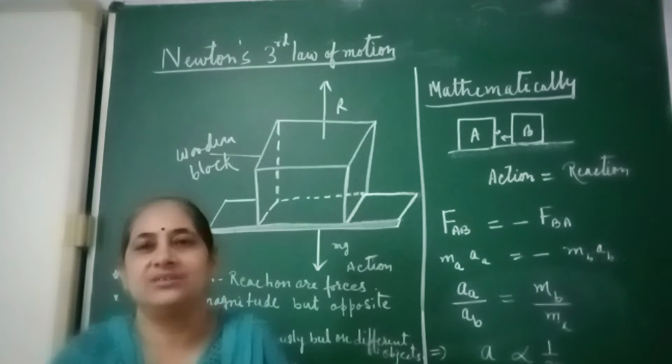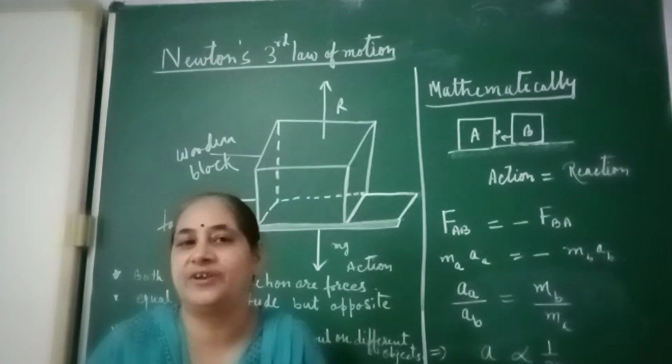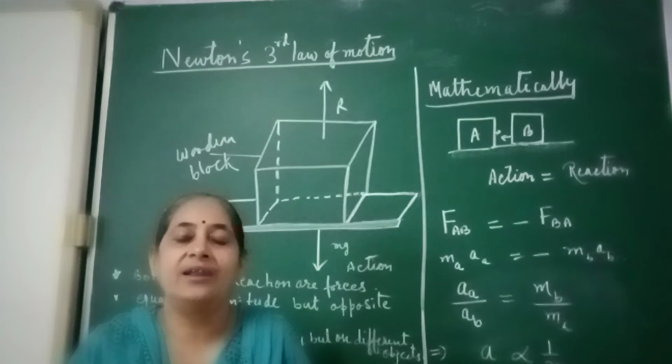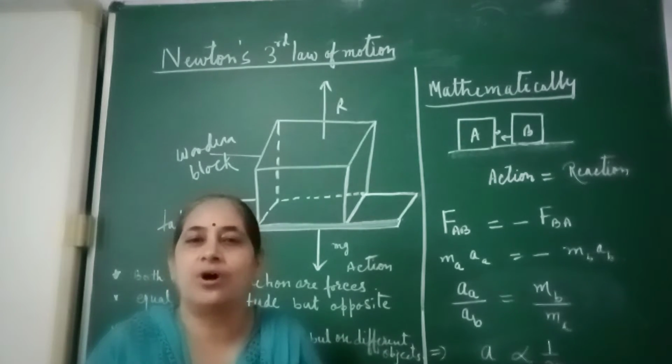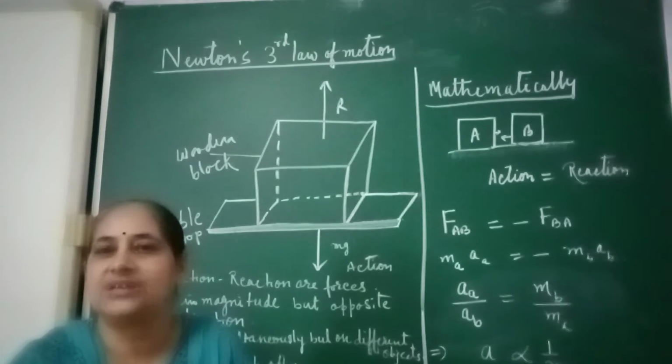To every action there is an equal and opposite reaction, but action and reaction take place on two different objects. That is why they do not cancel each other. They are acting on two different objects. Both objects have different mass, so the accelerations produced by these two forces are not the same.